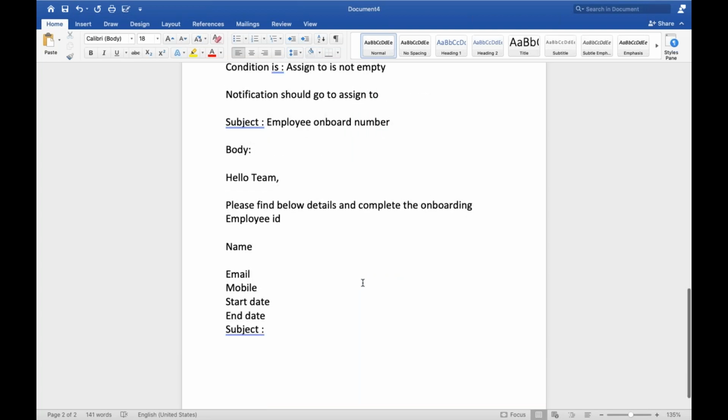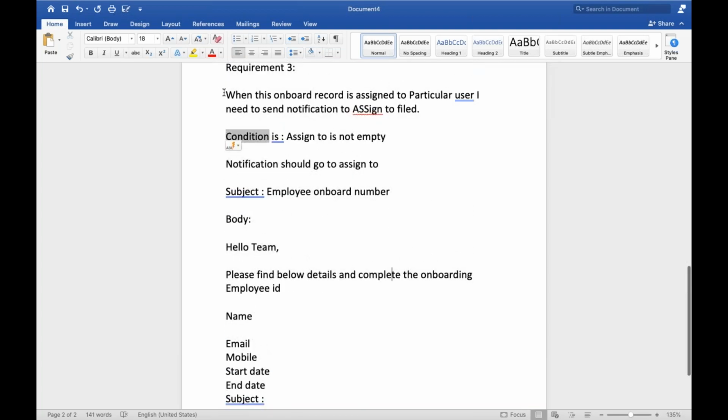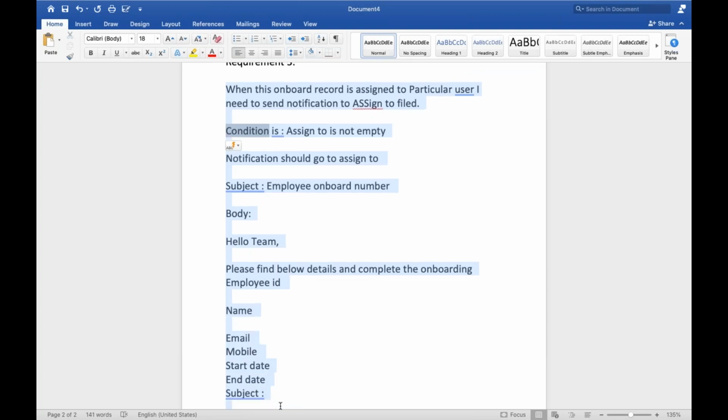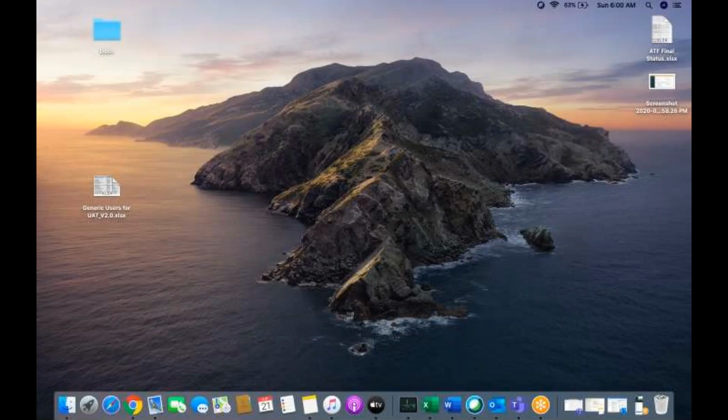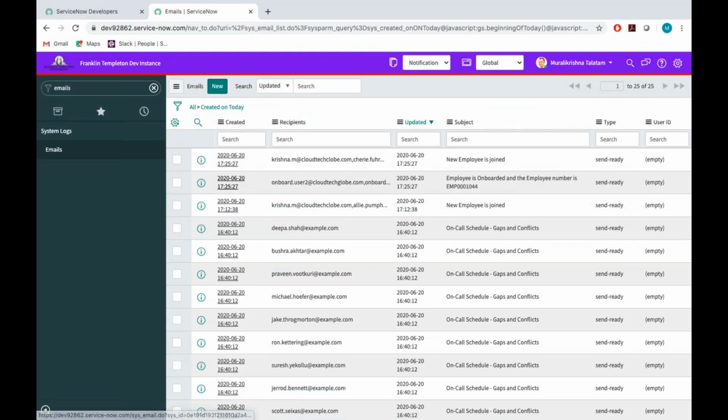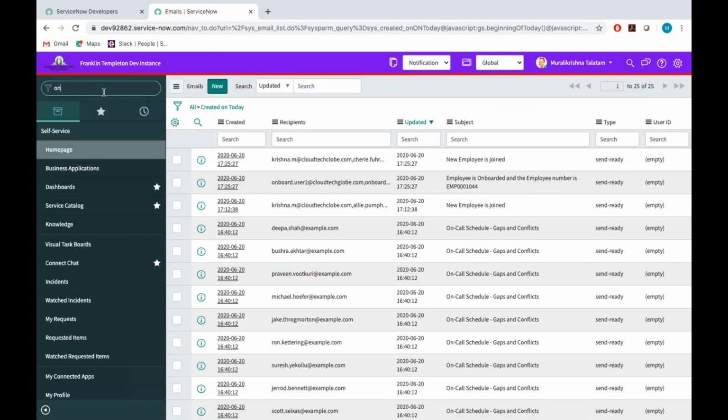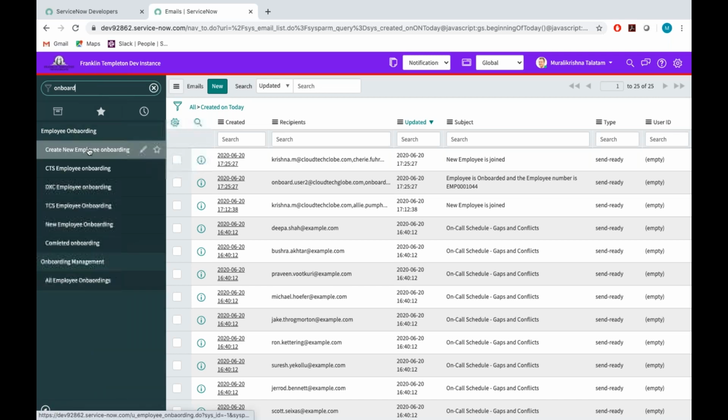Okay. So how can we do this requirement? The requirement 3. When an onboarding record is assigned to a particular user, I need to send a notification. Since it is something like an update scenario, we need to trigger this notification at the time of updating the record. So create a notification for onboard,